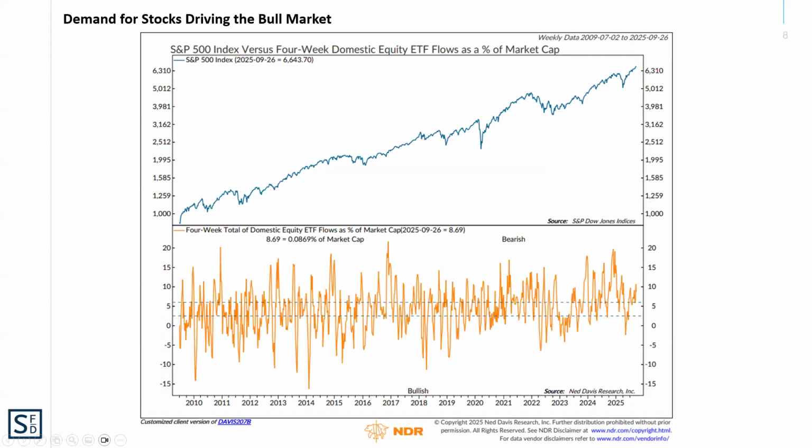Now, when we look at the bull market, the cyclical bull market remains well intact. And what's been driving it has been some really strong demand for US stocks. So, in the bottom clip of this chart in orange, we're showing the 4-week total of flows into domestic equity ETFs. And you can see that amount of flows has been positive and about as high as it's been in 6 to 9 months. So you definitely have had money coming in, purchasing US stocks, and that has supported the